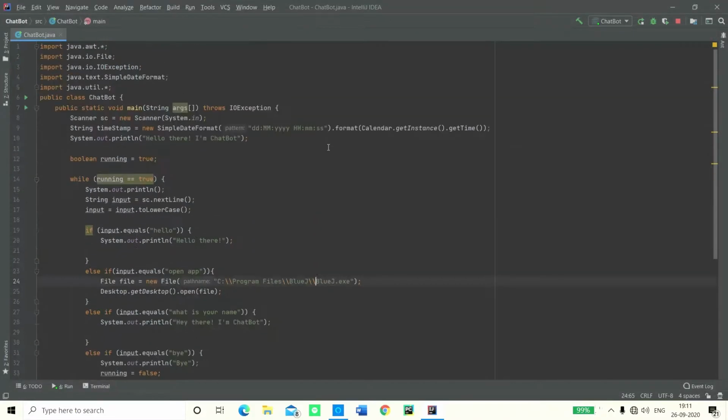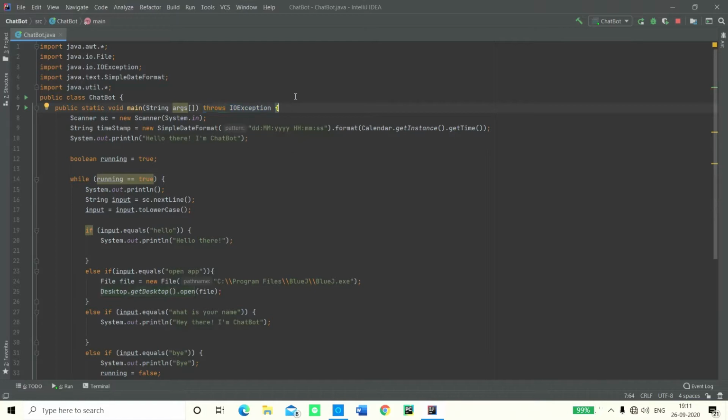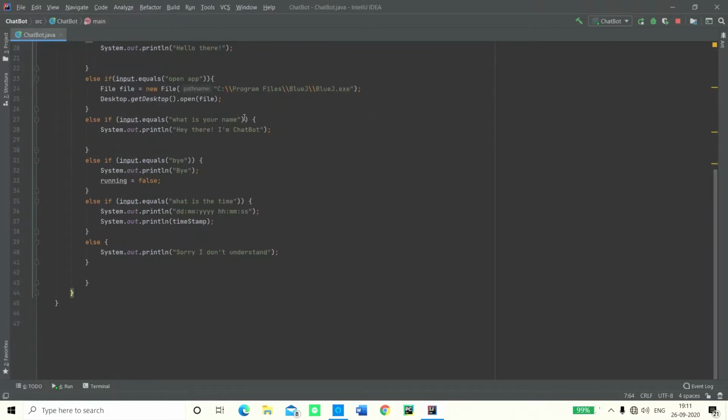So I actually hope you guys understood the whole thing, and if you still have any errors, any issues, any problems, feel free to put it down in the description below. Alright, and for another thing, for those of you who still want to try out the IOException, this is a little line of code that you're supposed to put next to your main method. It says throws IOException and another bracket right there, and that's going to be it.